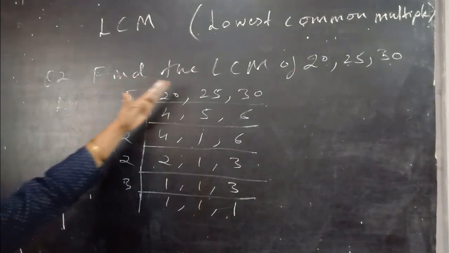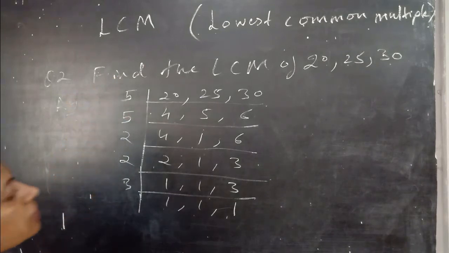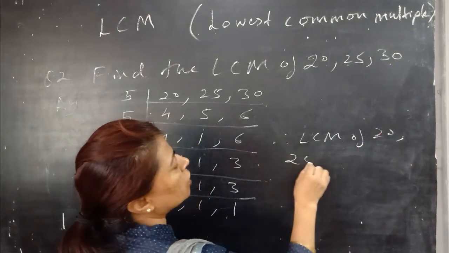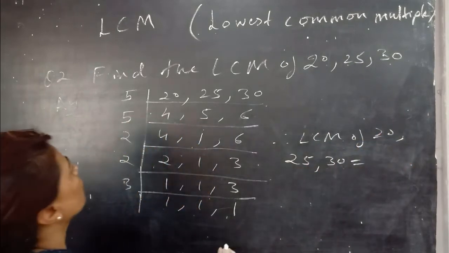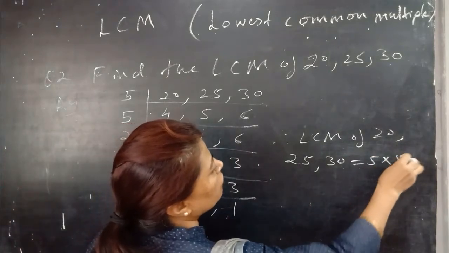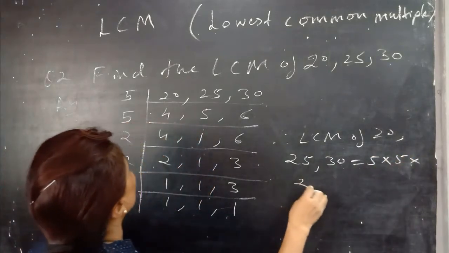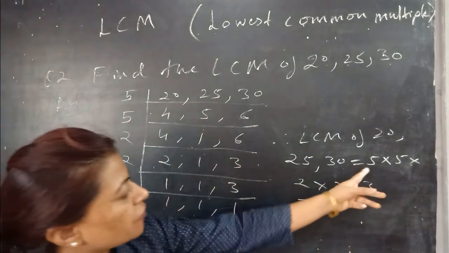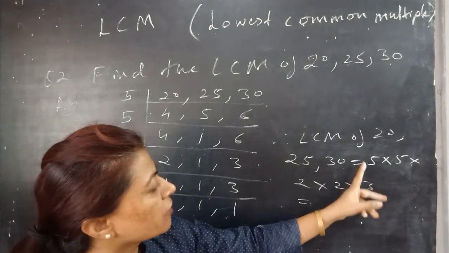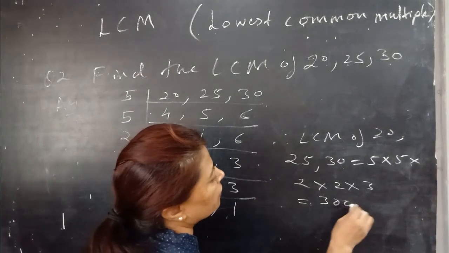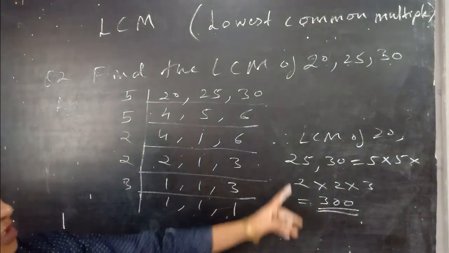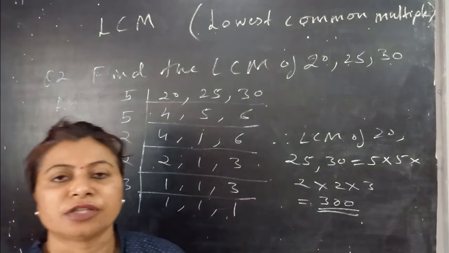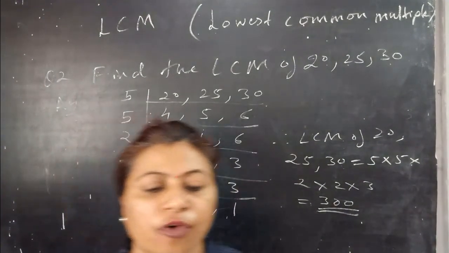So we have got these as the prime factors of these 3 numbers. Now at the last, for finding the LCM, we have to multiply all these factors. So the LCM of 20, 25, 30 is equal to 5 two times, then 2 two times, and 3. Multiply all of them: 5 times 2 is 10, 5 times 2 is 10, 10 times 10 is 100, 100 times 3 gives 300. So 300 is the LCM of these 3 given numbers. This way, student, you can find the LCM of any numbers. So this is for today. Thank you to all for hearing me.